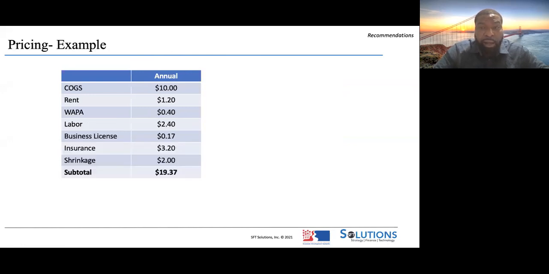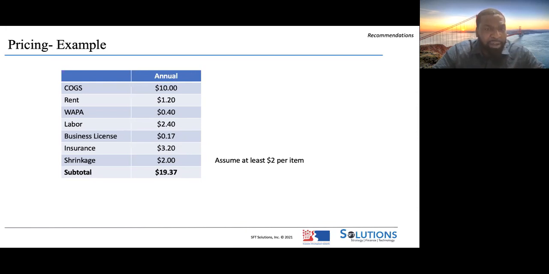All right. So if you were going to come up with the price for this good, let's say you paid $10 for the good. And then on the last page, I showed you how to calculate all of your different overhead expenses per unit, right? The last thing I want to remind you is to always account for shrinkage. Every retail store has some element of theft, whether it's internal or external. I guarantee it's happening. So you might as well account for it upfront, right? The last thing you want to do is get to the end of the year, and there's no money for you to put in your pocket.